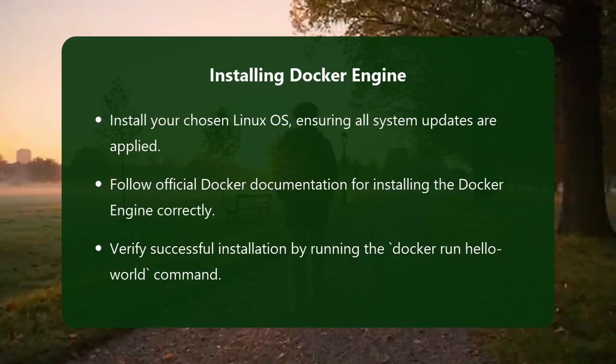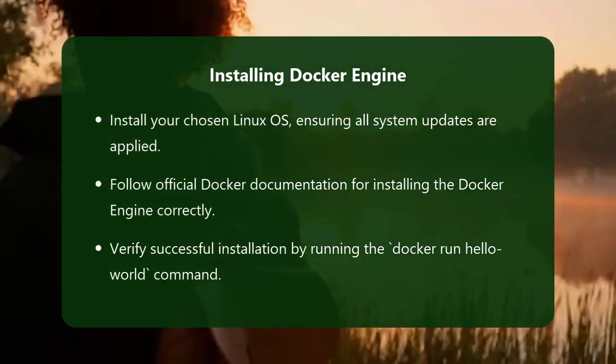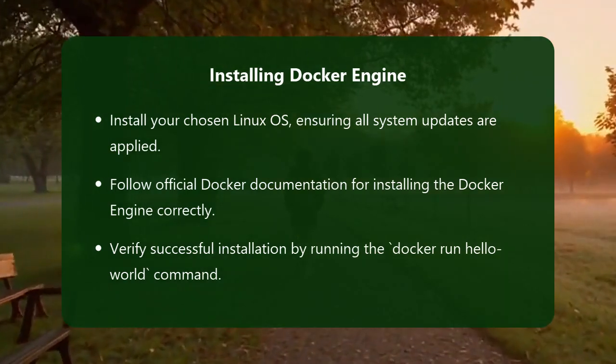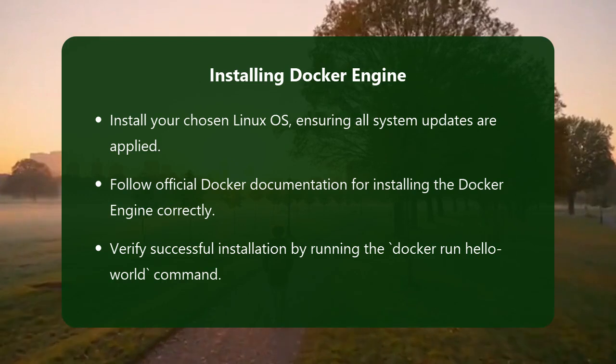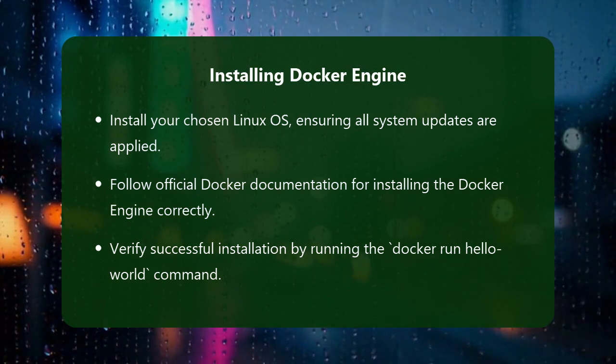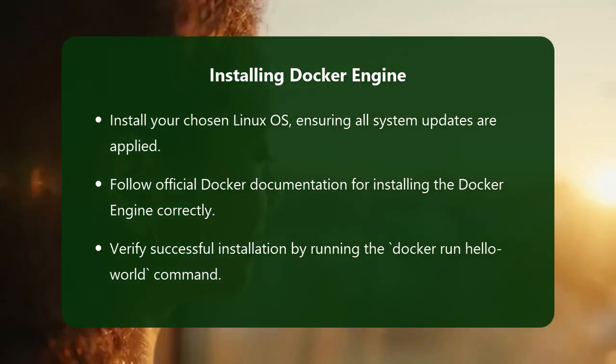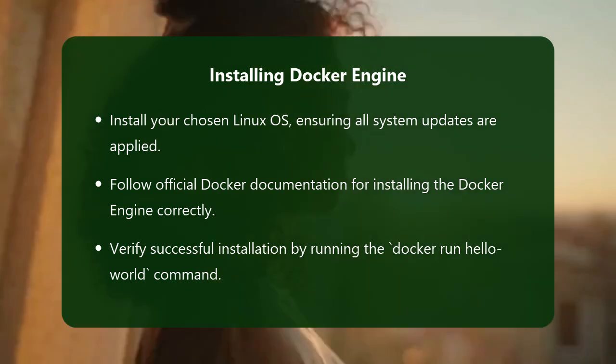The official Docker documentation provides up-to-date and specific instructions for various Linux distributions. Typically, this involves adding Docker's official GPG key, setting up the stable repository, and then using your distribution's package manager, e.g., sudo apt-get update and sudo apt-get install docker-ce docker-ce-cli containerd.io for Ubuntu, or sudo yum install docker-ce docker-ce-cli